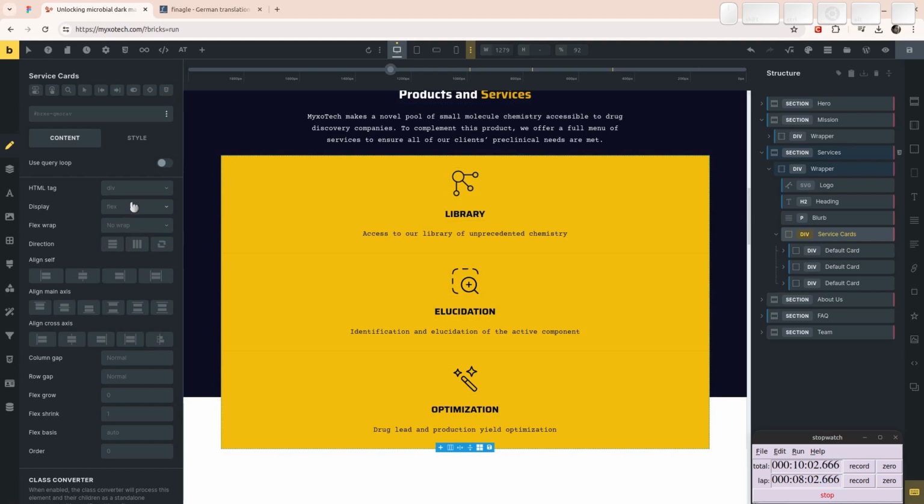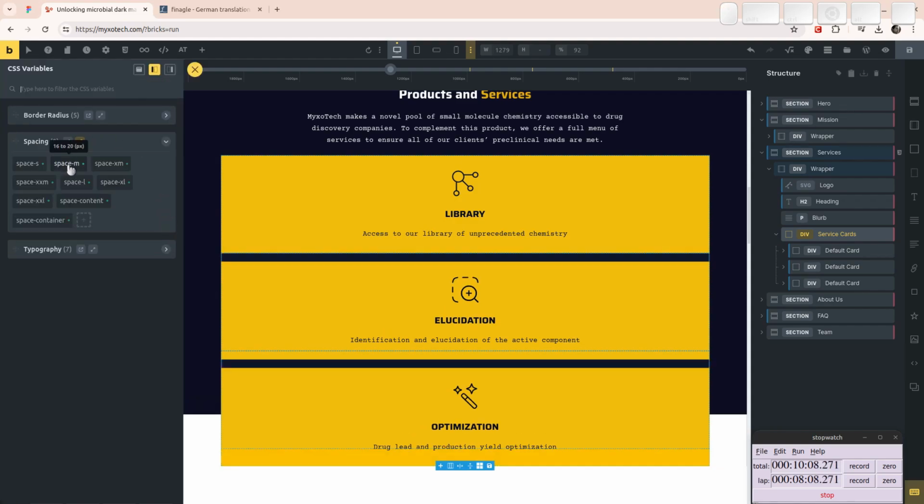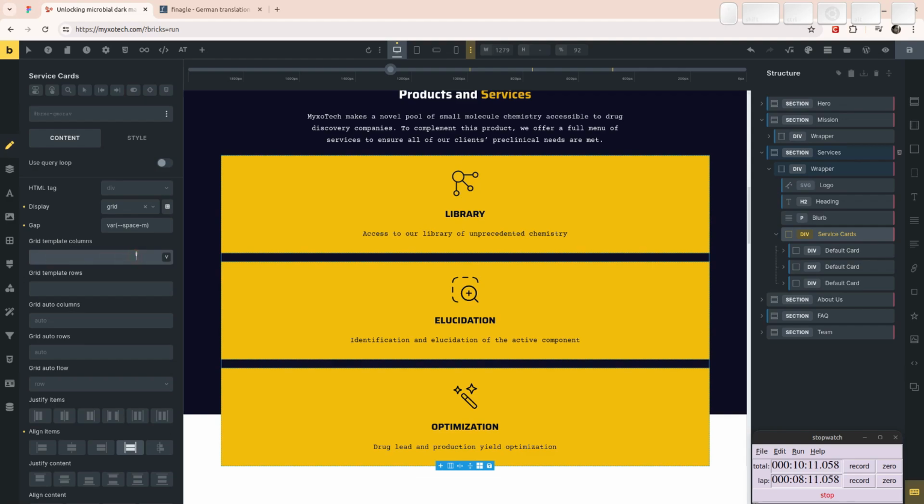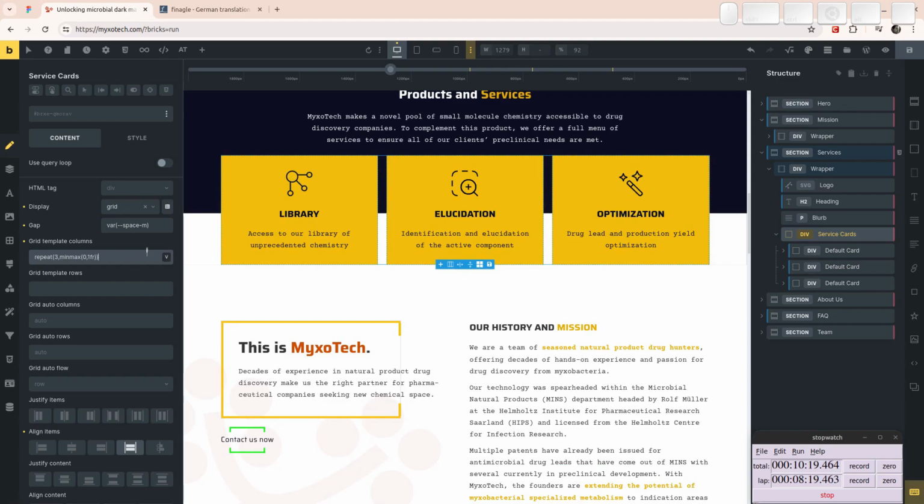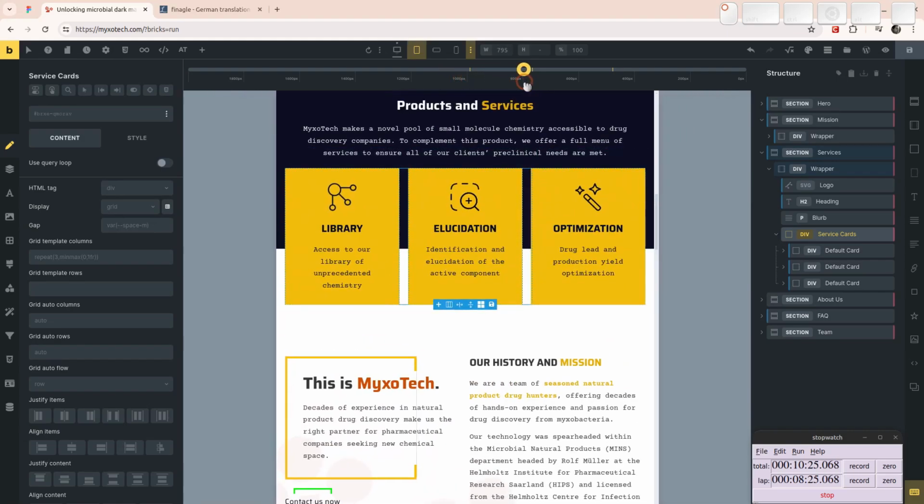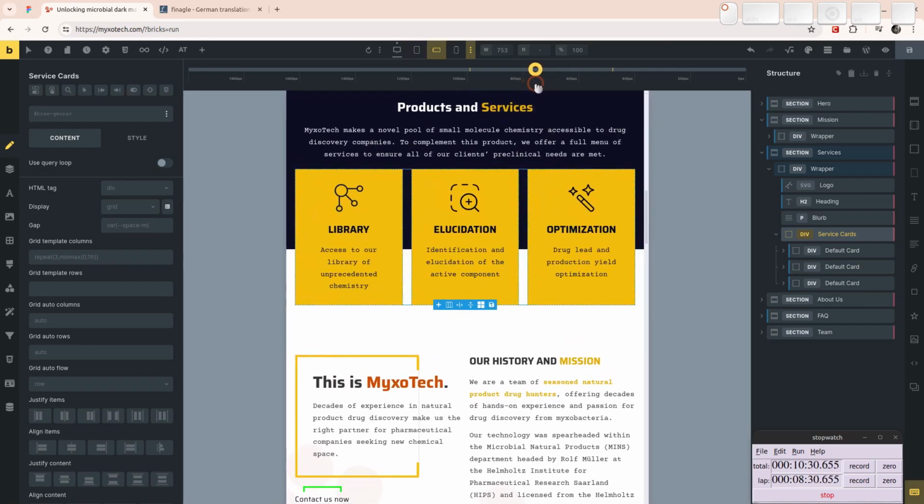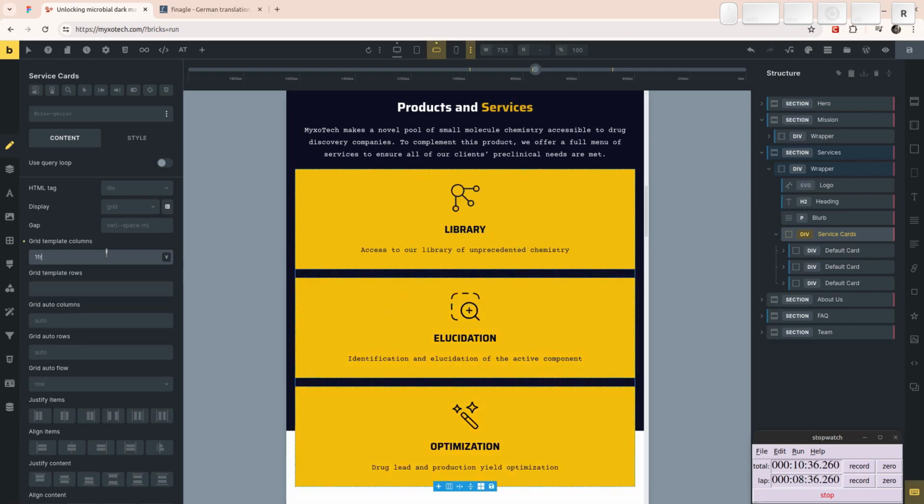So again, display grid, gap is going to be space M. Grid template columns, repeat 3, minmax 0, 1fr, close the bracket, and this is what we get. Now, it's fine, it's still fine-ish. Yeah, it's okay. And then starting here, it's not fine. So we're just going to have 1fr, period. So it's that simple. Starting here, I'm just going to put them below each other, because if I did two,